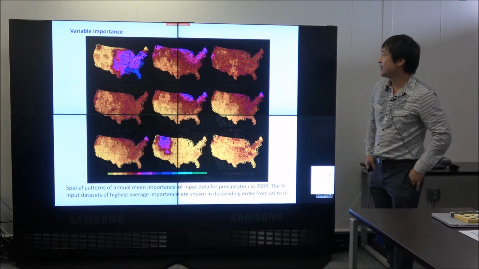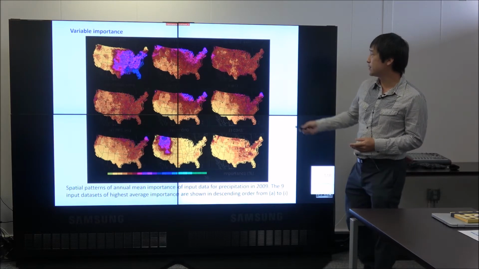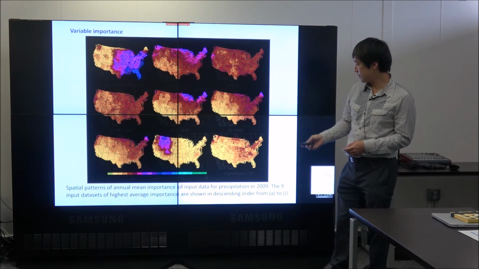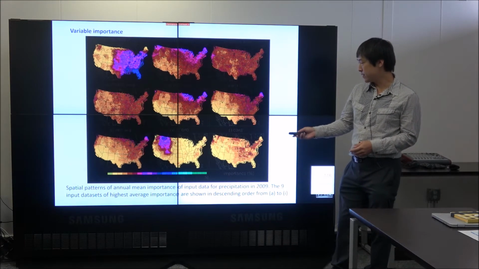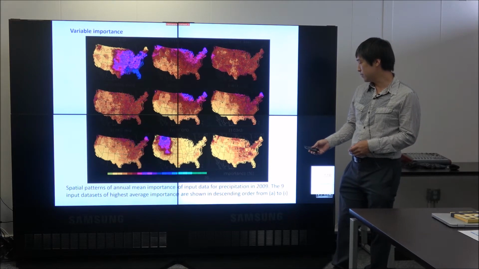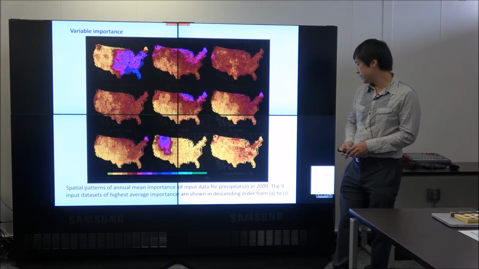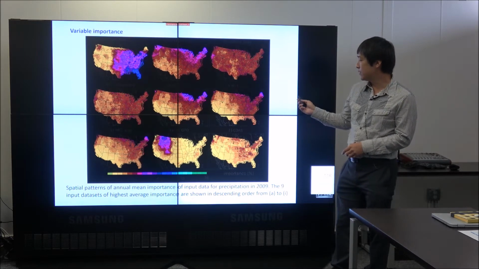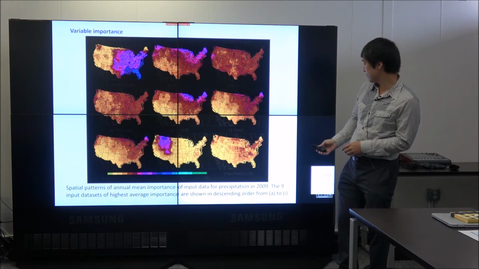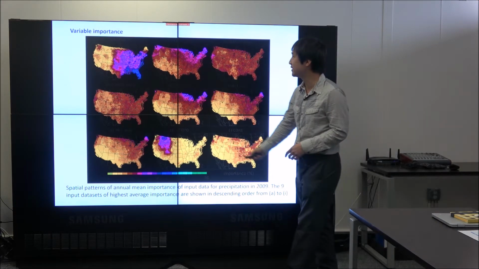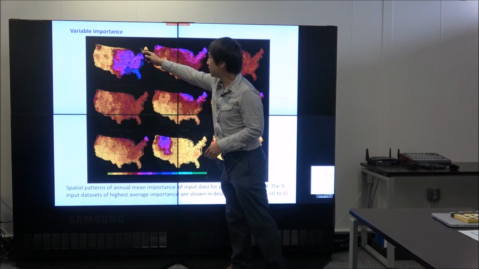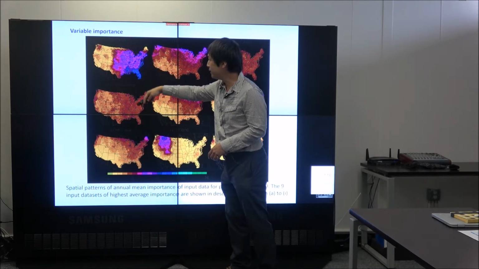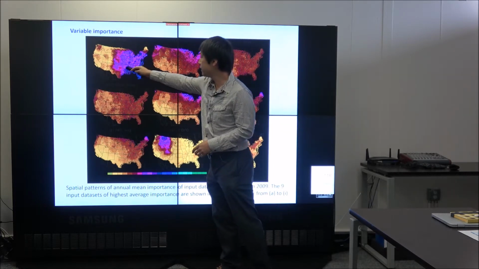And so the next one is variable importance, which input is contributing to the estimation. This is a spatial pattern of annual mean importance of input data for precipitation of 2009. And I picked the 9 input datasets of highest average importance. It's hard to see. This is Stage 2 data. This is for precipitation. So the radar data, Stage 2, has high contribution, especially for the